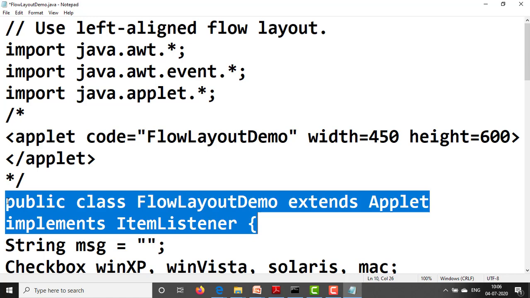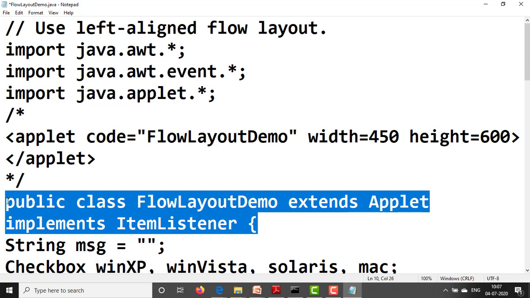Here, to handle the events, we need to implement some listener, and a checkbox generates an item event. To handle this item event, we need to implement the ItemListener, and this ItemListener provides the itemStateChanged method, and by using this method we can perform some task.